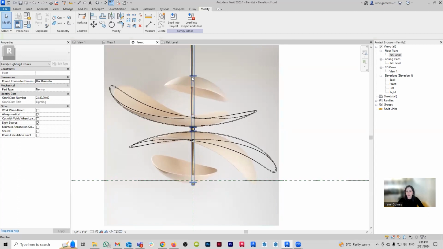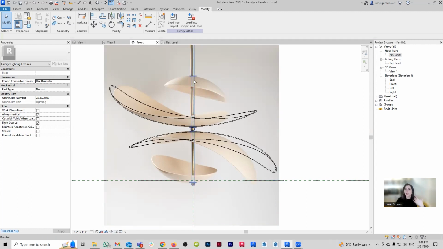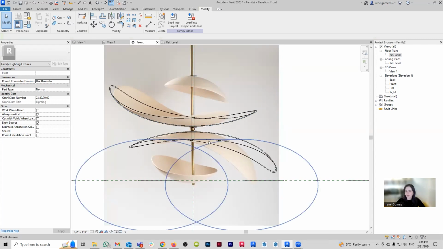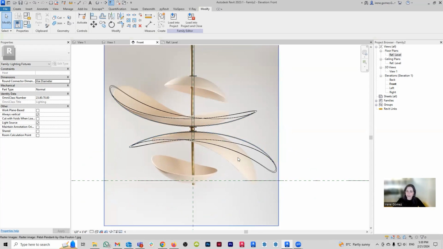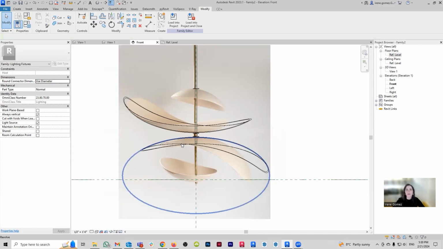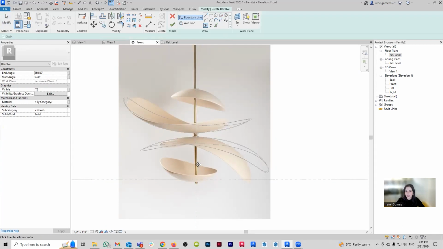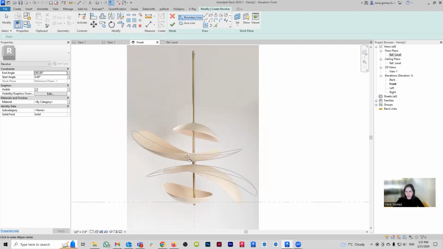This one seems more like a whole egg that maybe has been cut through. So it's again an ellipse, but instead of being long on the horizontal, it seems to be long on the vertical. So we're gonna do exactly the same thing that we did with our first watermelon. So I'm gonna do the first one, and then we're just gonna mirror and mirror. So let's get to it. We're gonna go create, we're gonna go to revolve, and in this case, I'm gonna do again an ellipse. This looks like a pretty hefty ellipse.